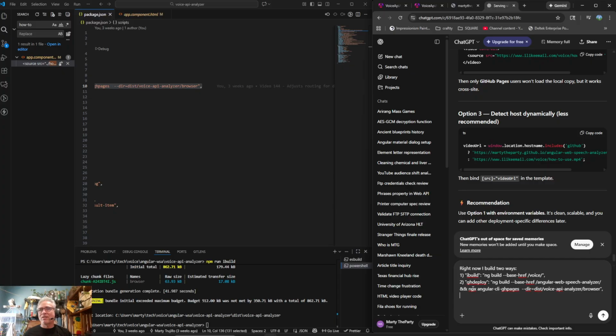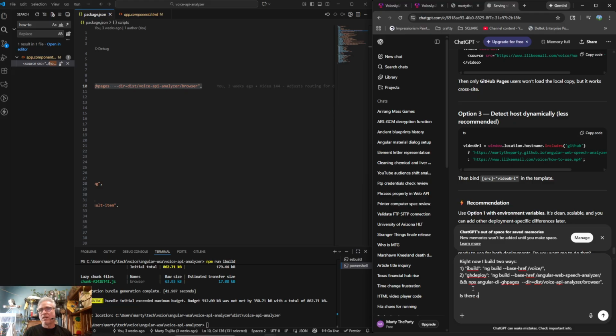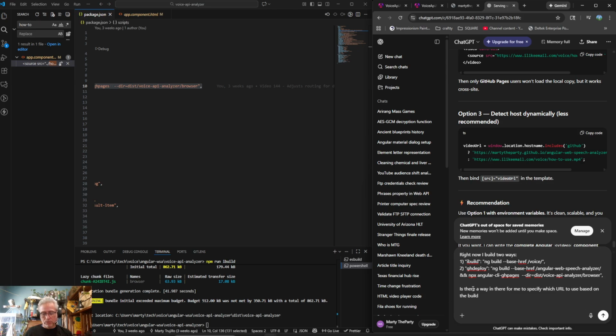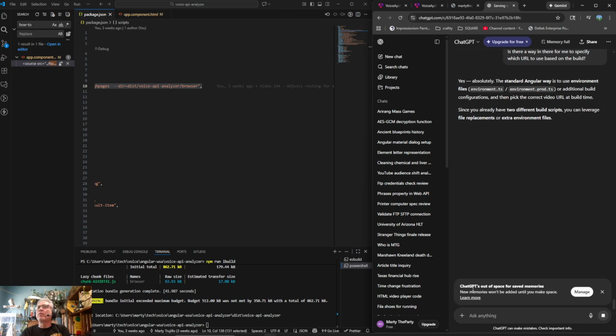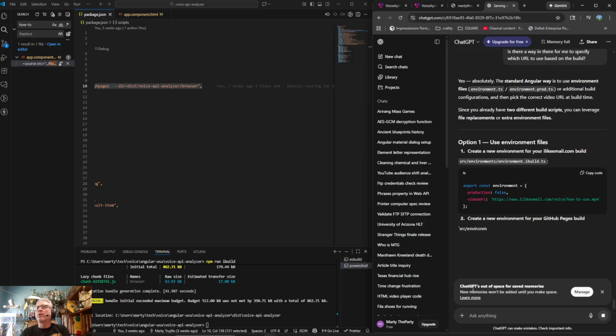Okay, is there a way in here for me to specify which URL is based build? Environment prod or additional build environment.